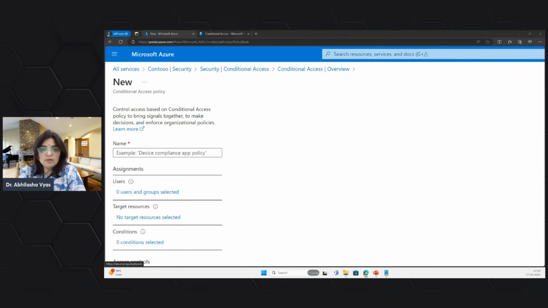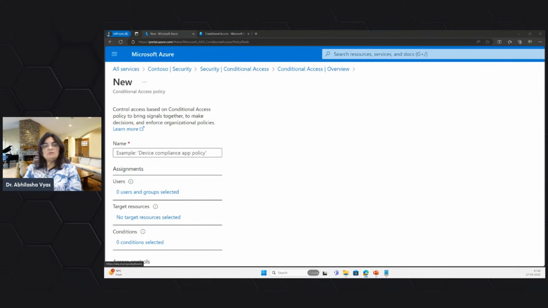So conditional access policies are, as I told, if-then statements. So if a user wants to access a resource, for example, then they must complete an action. For example, if a user wants to access an application or a service like Microsoft 365, then they must perform multi-factor authentication to gain access. Just a scenario we can think: if user wants to access A, then user must do the password change, or user must accept the terms of use. User must be from this location. So such kind of conditions we can manage,